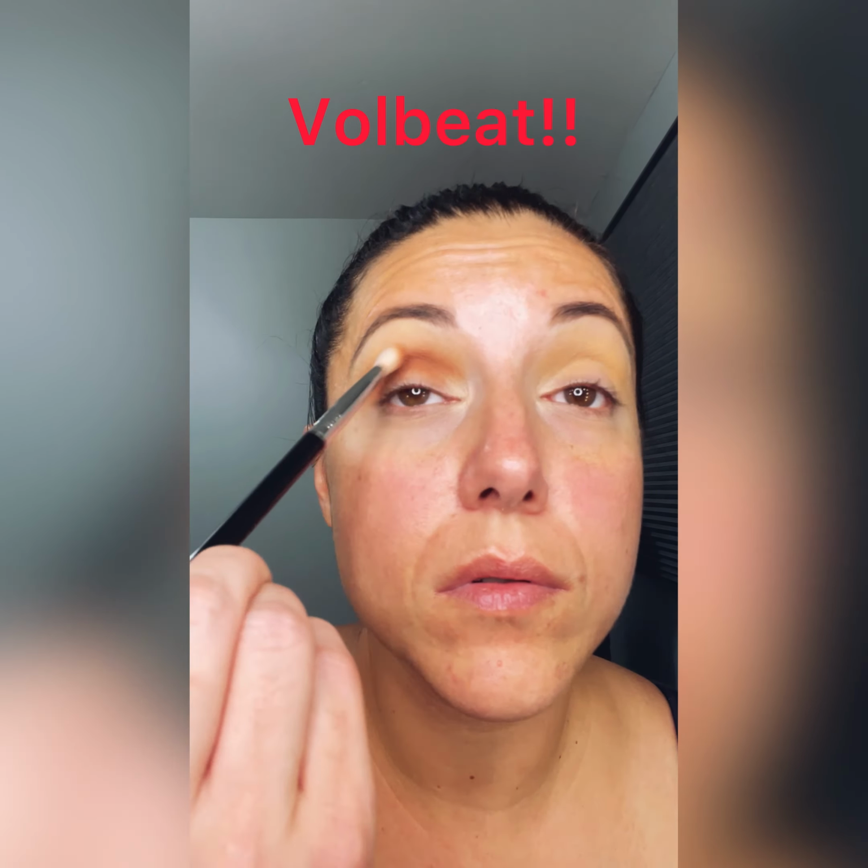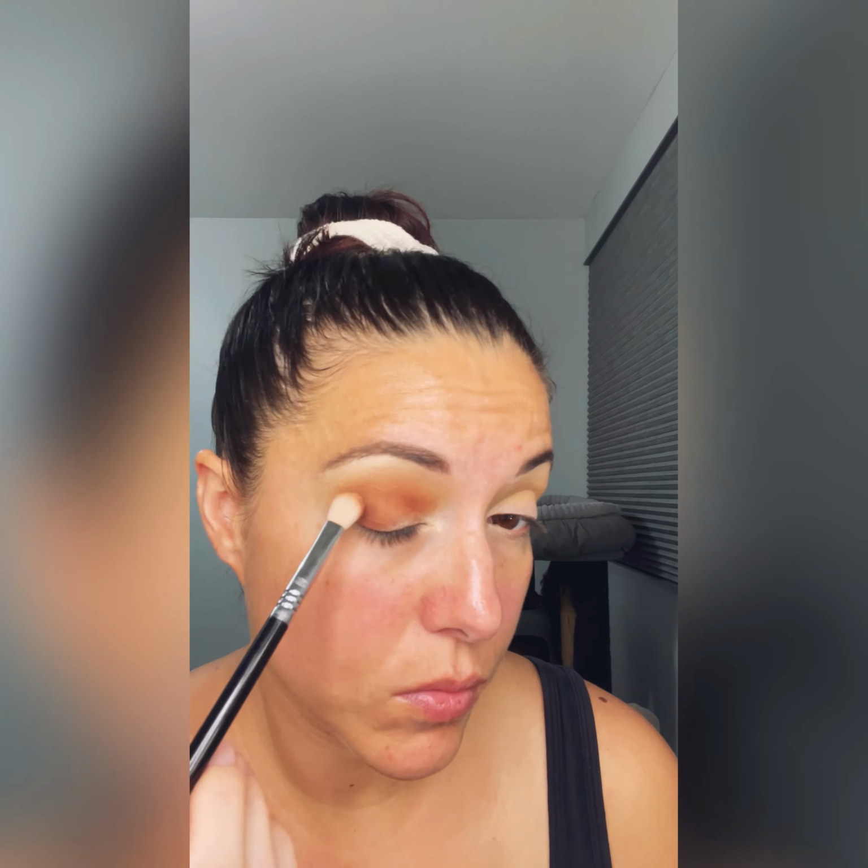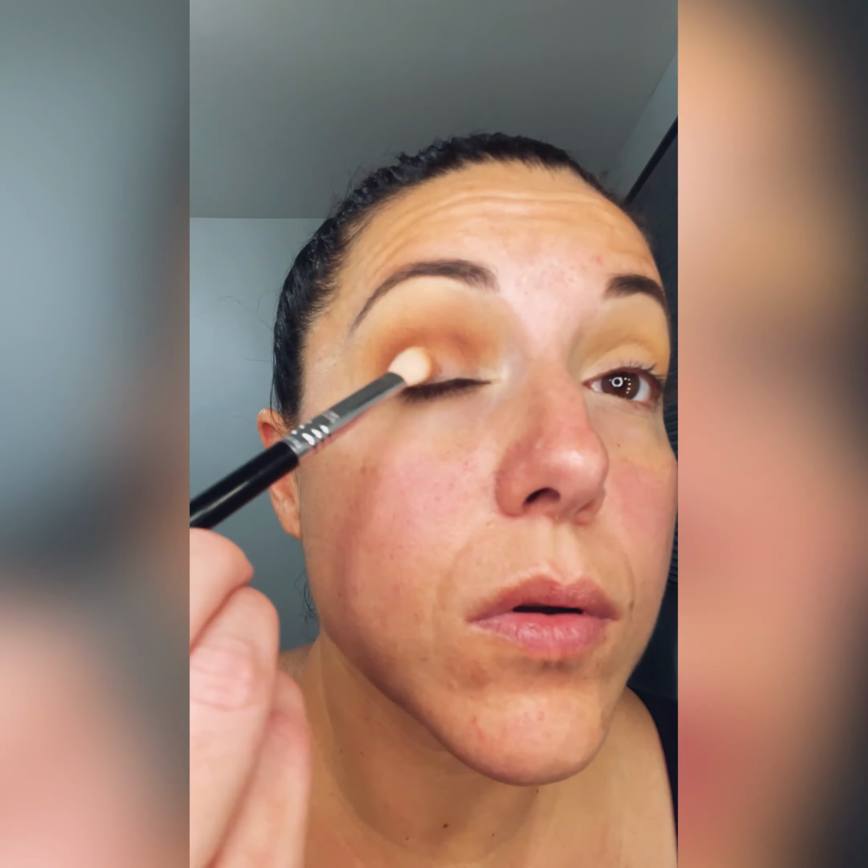And again, bringing more of that burnt orange and building up the color to what I want it to be. And I do like my color, so I do like to build up my colors a little bit. And then I'm going back in with the same E25, but with that kind of darker burnt orange, which is